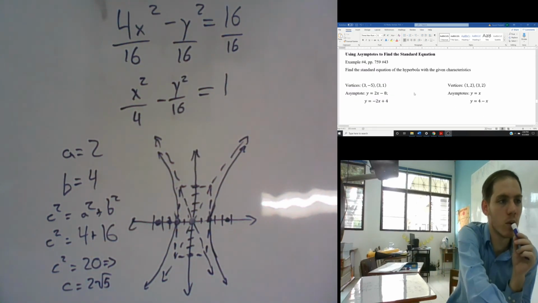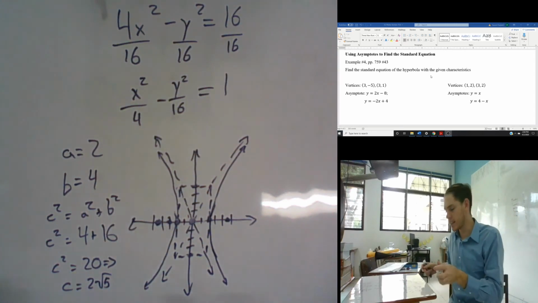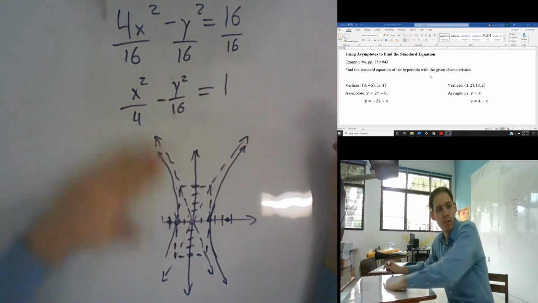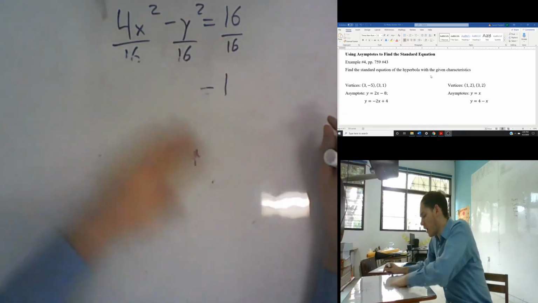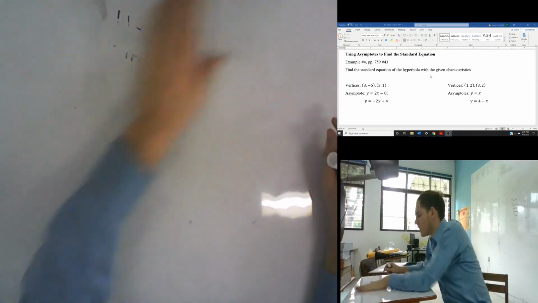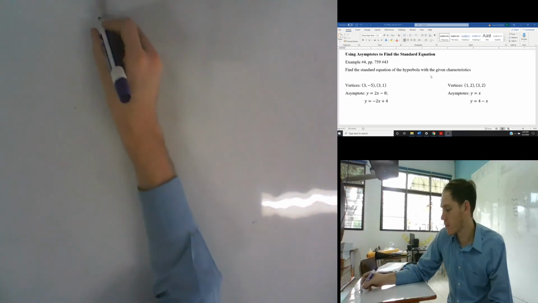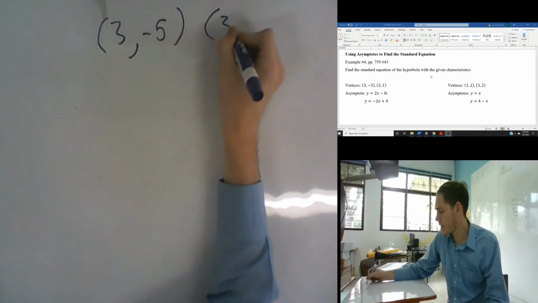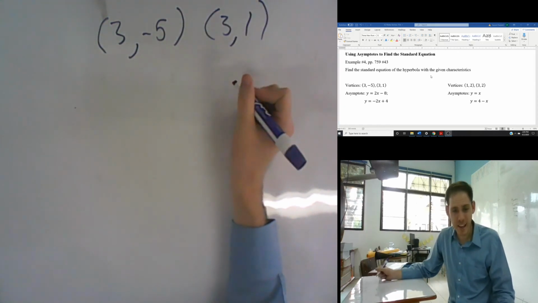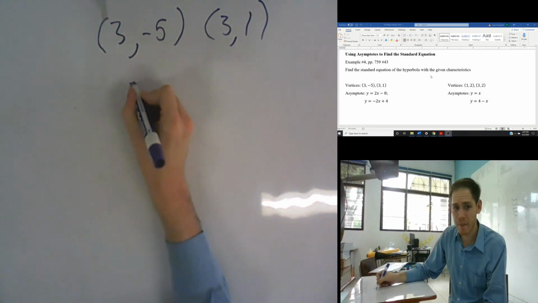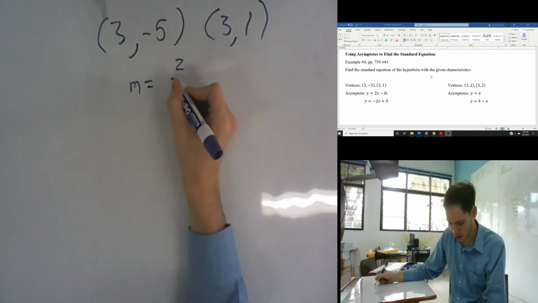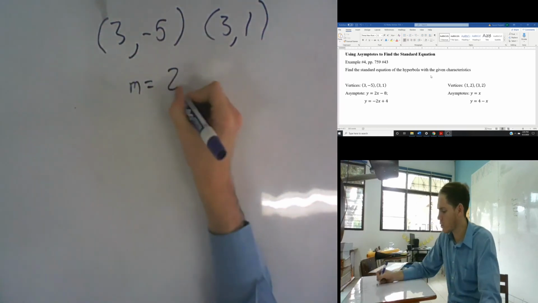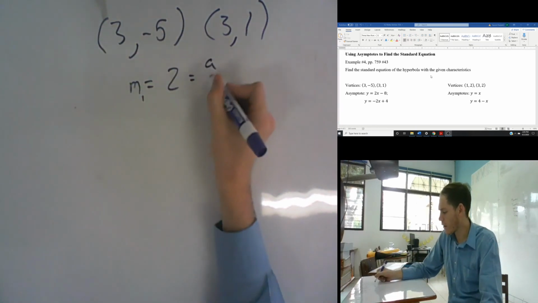Okay? So, using asymptotes to find the standard equation for the hyperbola. So, if you see the vertices, they give us our vertices. So they give us a. So our vertices are 3, negative 5, 3, comma 1. So if they give us that, and m equals 2, which is equal to a over b,